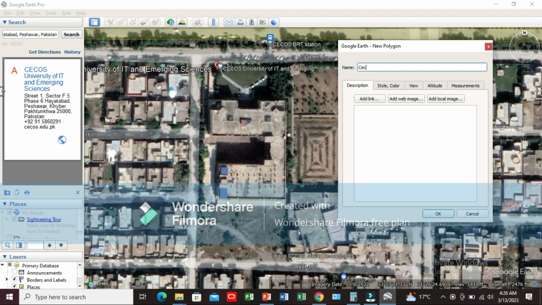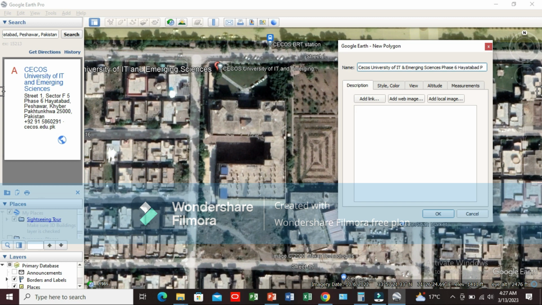For example, if I am a government contractor and I want to find the measurements of a plot, in this case I did my bachelor's from this university, so I'm finding the land measurements of this plot using Google Earth Pro of the University of IT and Emerging Sciences, Phase 6,